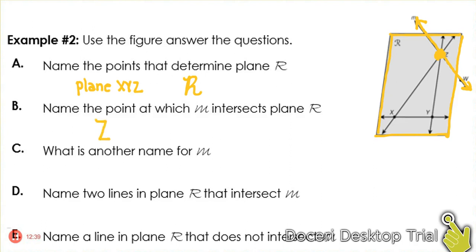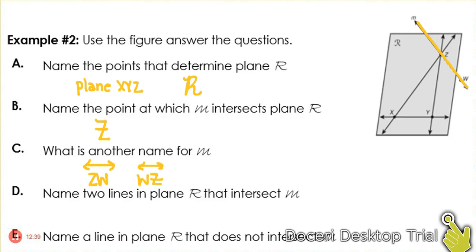So we're going to name Z our point. What is another name for line M? So that little lowercase script letter is line M. And so the only other way we know to name a line is through 2 points on that line. And so the only 2 points we see are Z and W. So remember we put the line with the 2 arrows above, and you can do those in any order, WZ